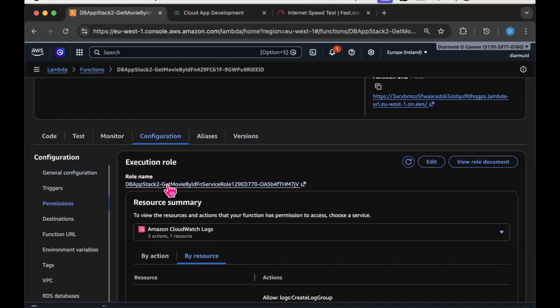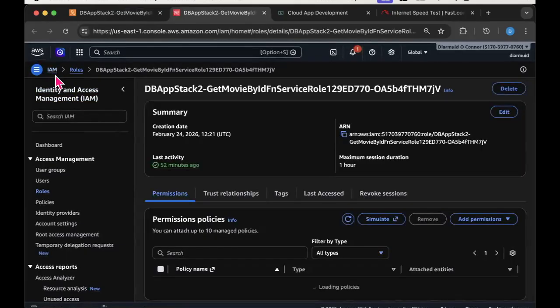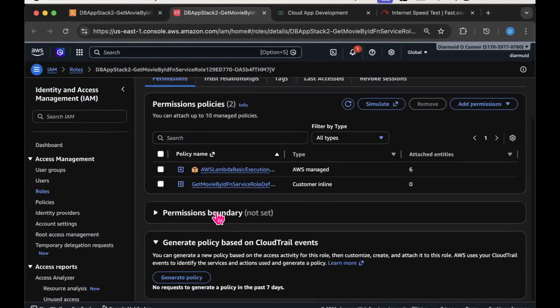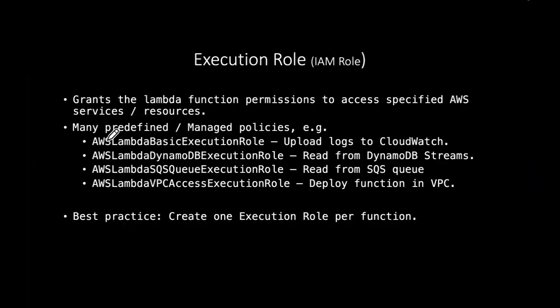That's one of the benefits of the CDK. There are some defaults that automatically happen. So this IAM role was created and was attached to our Lambda function. And if we drill down into it, we switch over now to the IAM service. We can see that there are two IAM policies associated with the role. The first one is one of these managed policies. If I jump back to my slides, these managed policies are predefined policies. Now, this one here,